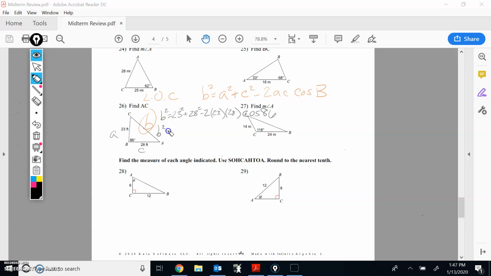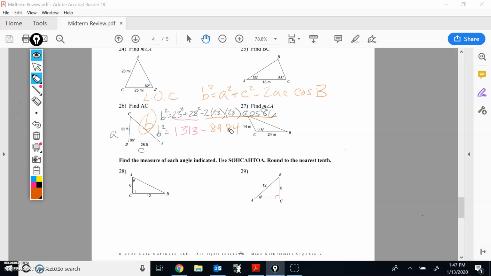So we have b squared equaling 23 squared. I'm going to do this part right here, plus 28 squared, which is 1313. Then I'm going to do this part in orange all together. That's one big piece. That's a big mistake you guys make. 2 times 23 times 28 times cosine 86. Again, we're still in degree mode, which is